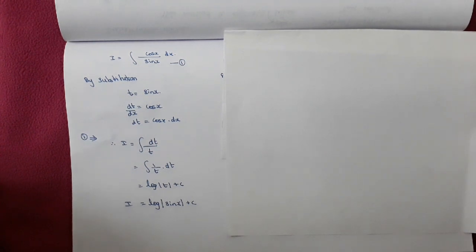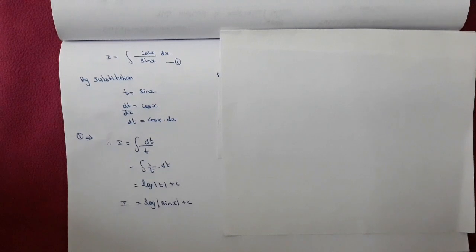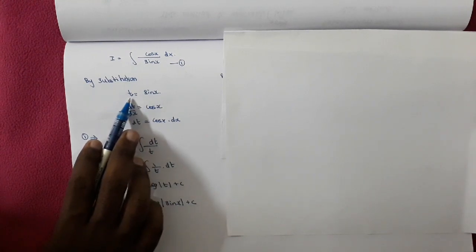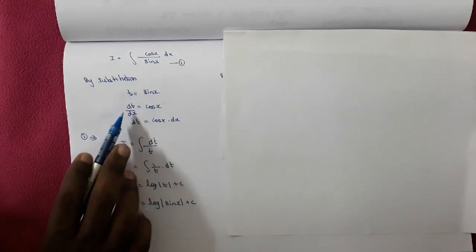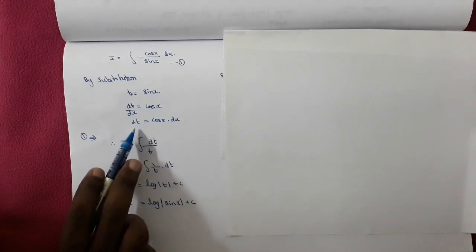Let's see. Right. So I told you one more special point. Which one you have to choose as your function? That is either the denominator or the one which lies in the composite function. So here we do not have any composite function. So we have a normal denominator, and that is sin x. So take the denominator sin x and name it as t. This is your function, because we learnt the function will be named as either f of x or t. So I name sin x as t. When you differentiate t, we get dt by dx. Likewise, when you differentiate sin x, you get cos x. Right. Take the dx to the other side and keep dt alone.